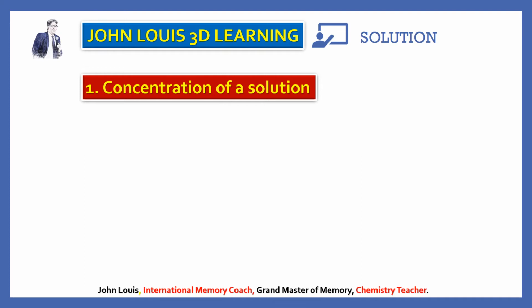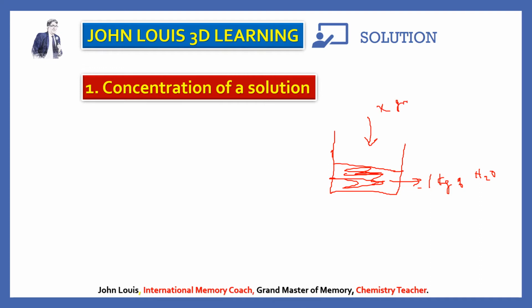The amount of solute dissolved in a given quantity. What we should know is exactly how much solute has dissolved in how much of the solvent. That is what is known as concentration of a solution. Generally that is expressed in 1 liter or 100 ml. For example, if you take 1 kg of water as solvent and you are dissolving x gram of solute in 1000 grams.